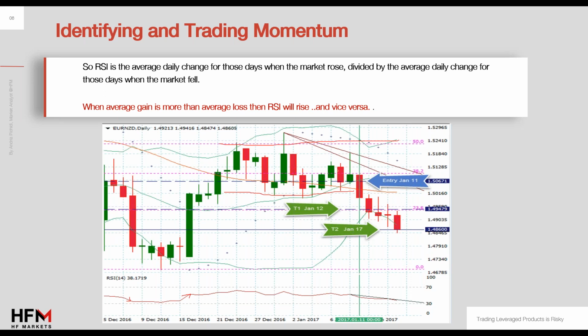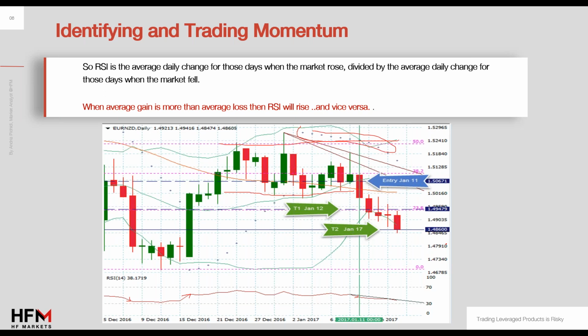So the fact over here that we have the breakdown of the lower line of the channel, along with the breakdown of our 20-period moving average from the Bollinger Bands, the parabolic SARs, and the decline below 50 of the RSI was a good indication that we can enter short. Now in regards to the target, that's solely up to your approach, to your risk and reward ratio, or